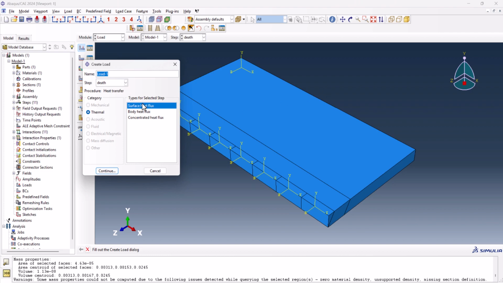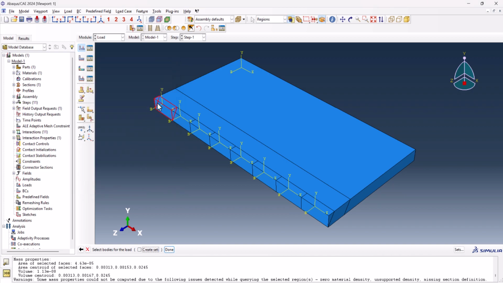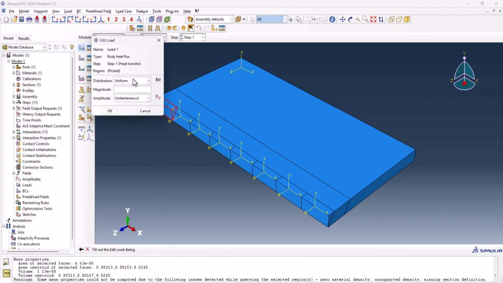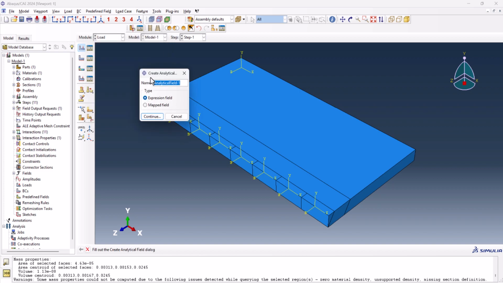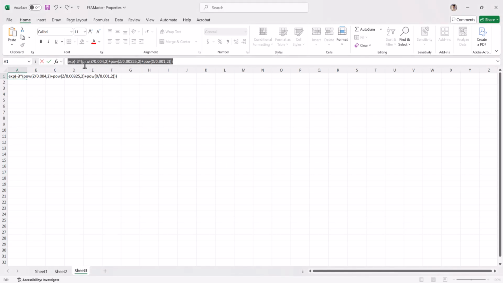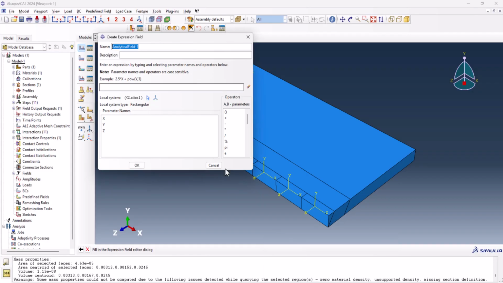It can be body heat flux, step 1, which is load 1. Okay, you select this one because we're going to apply the load on this one. Done. The distribution should be through the analytical field, so this is analytical field expression. Continue. Now if we go to the Excel file, I have the formula of the heat distribution here, and I